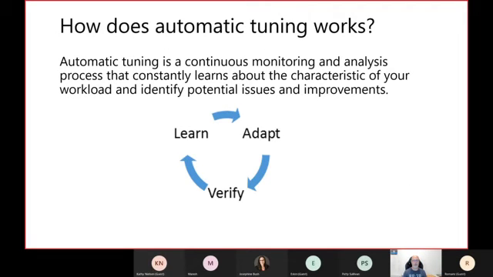So how does this process work? Well, basically it is constantly capturing through Query Store. This is the learning part, adapting the code by manually fixing the execution plan, setting the execution plan to the last known good one, and verifying that the new plan or the execution is improved, right? And this keeps moving constantly. If eventually there is any other change in the future, right, it's gonna be adjusted the same way.